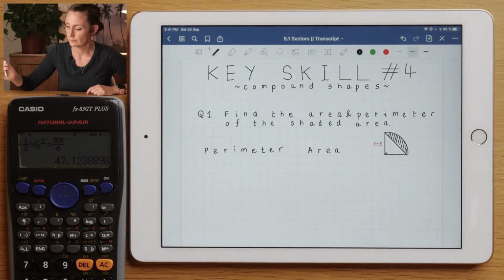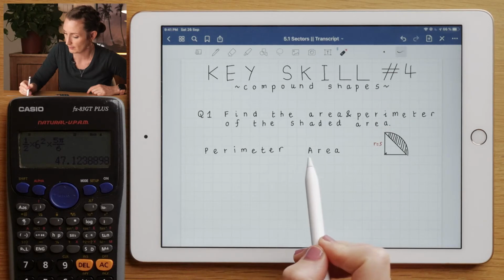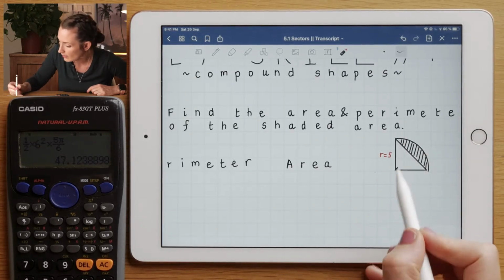In Key Skill 4, we're going to be looking at some more complicated examples. So in this question, we're going to start a bit easy and get harder. In this question, we've been asked to find both the area and the perimeter of the shaded region. Now, it's important to note that there is a right angle